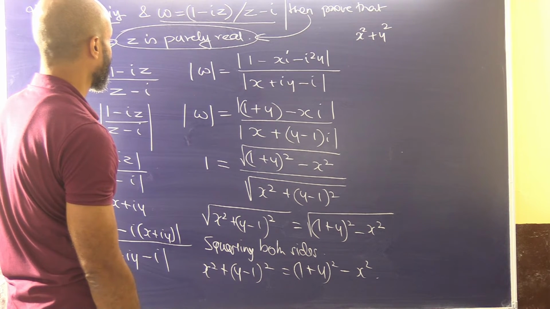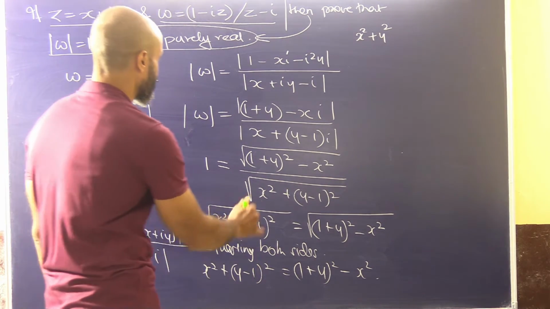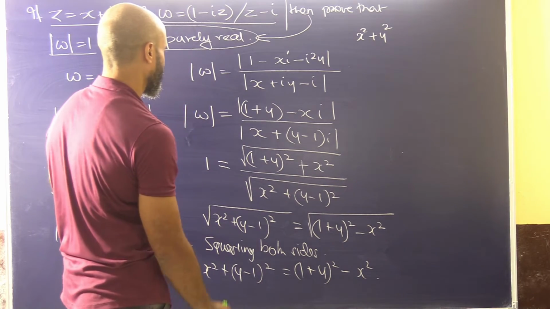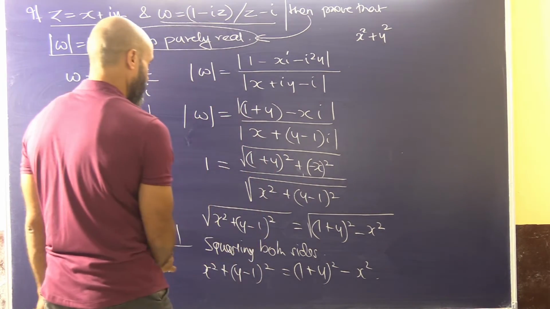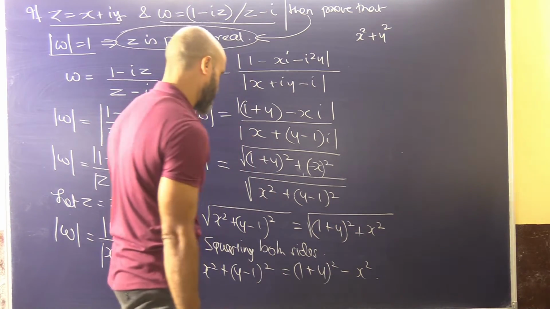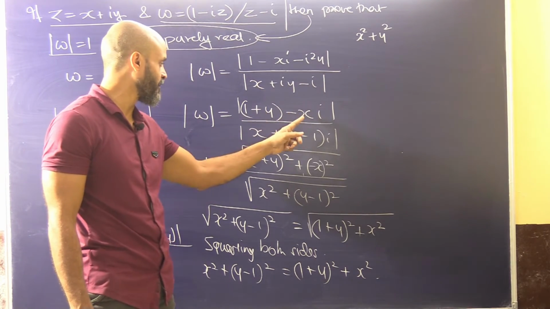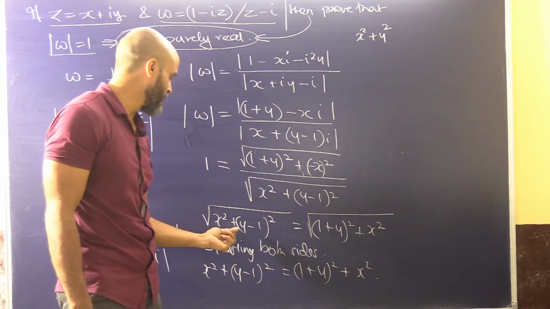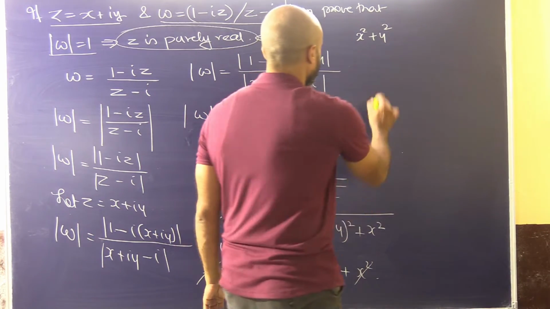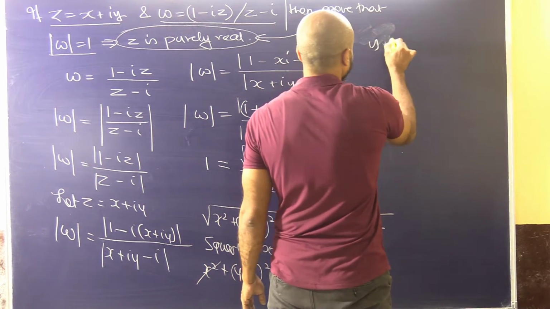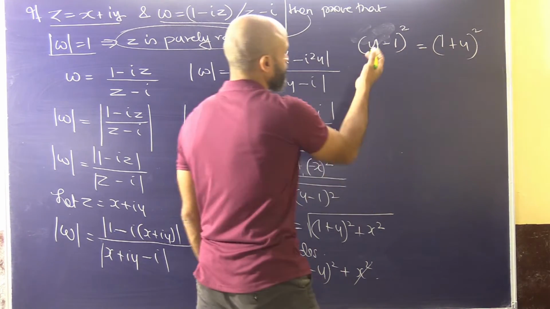1 plus y minus xi. Okay, this will be plus x square. I'm sorry. So here in this case the mod part will be this square plus this square, so this will be x square. So we are getting these two as cancelled. Now look at this one. What are we left with? (y minus 1) square is equal to (1 plus y) square. Now this is a very odd case.